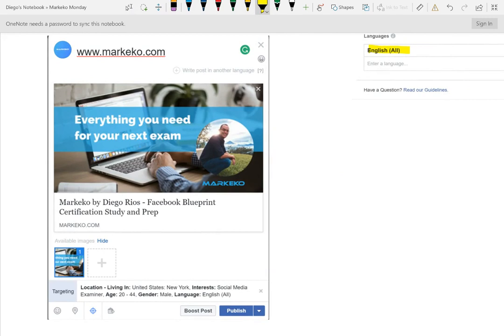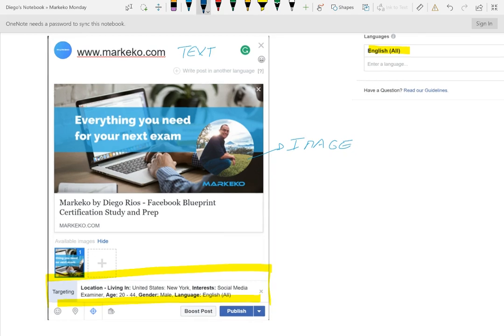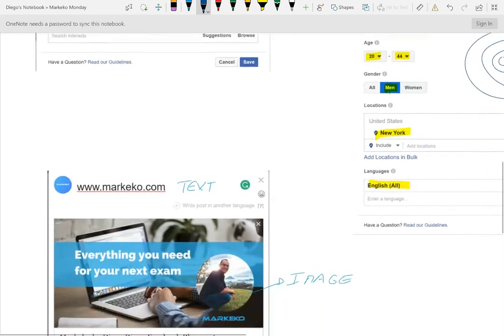What Facebook will do is, if you look at this publication or post, it basically looks the same. You still have your text here. You still have your image, right? Everything looks the same, but now Facebook added a targeting box down here. And what this is doing is exactly what we did up here, right? With the preferred audience.